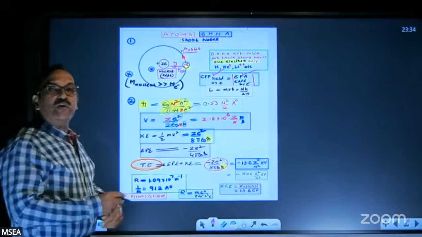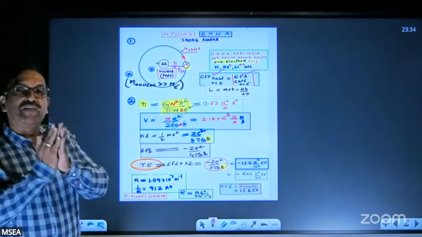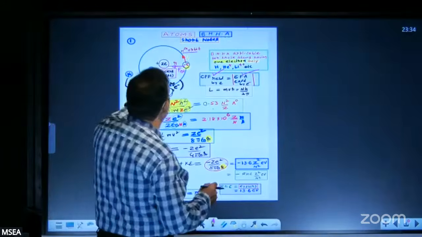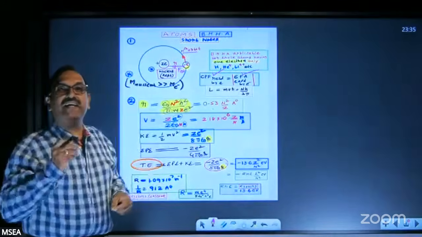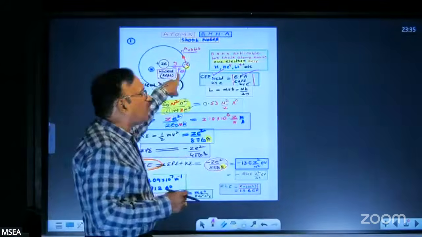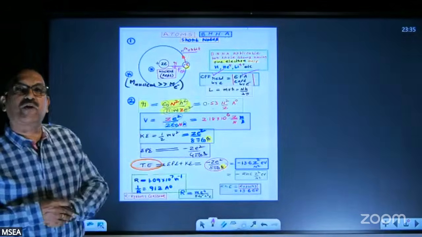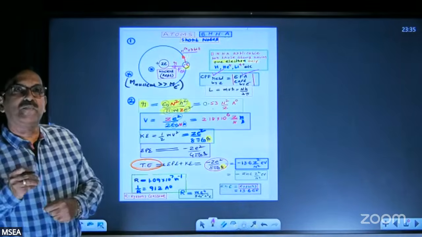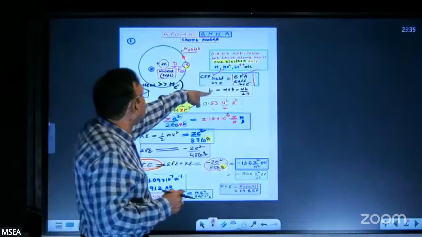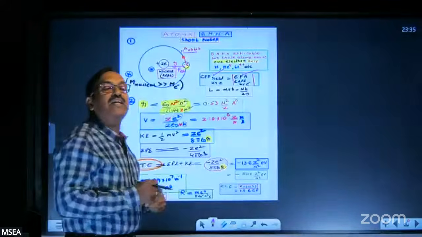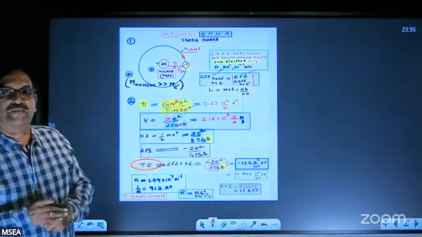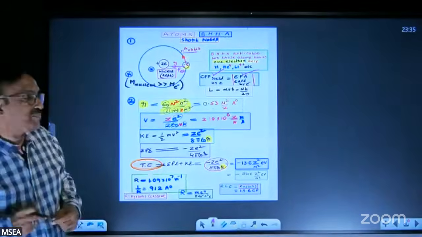Bohr's model is based on one of the important hypotheses that the angular momentum of the electron, mvr, is nothing but nh by 2 pi. Whenever the electron is orbiting in any orbit, its angular momentum in that particular orbit will remain constant. That angular momentum is mvr, nothing but nh by 2 pi. Now we have to combine these 2 points to get the equations for radius, velocity, energies, and so on. What are the equations that are required?